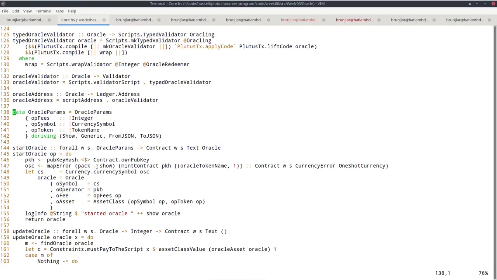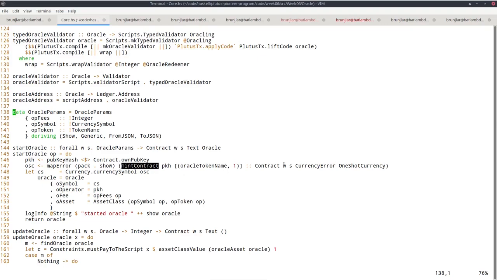So I use map error with pack after show, and then use this mint contract function from the currency module. And as list of tokens, I don't want several tokens with weird amounts. I just want an NFT. So I just have one pair in this list: Oracle token name, recall that's just the empty string, with amount 1. So this will just mint me an NFT.